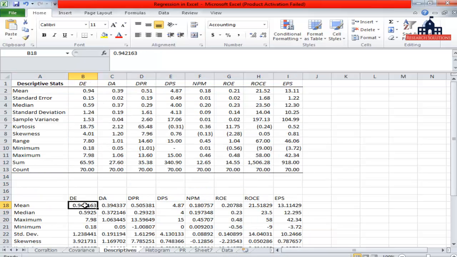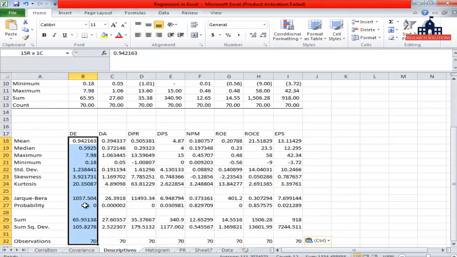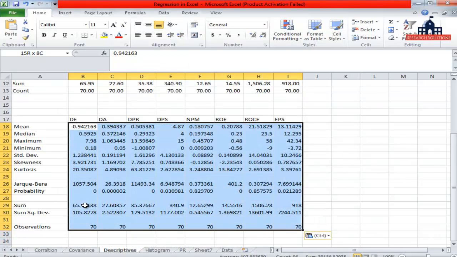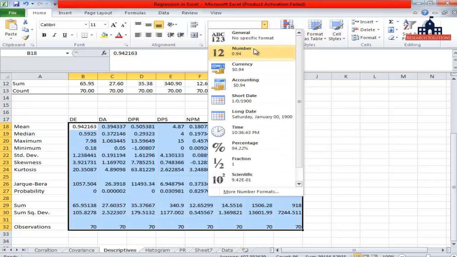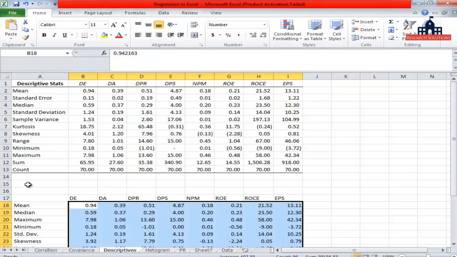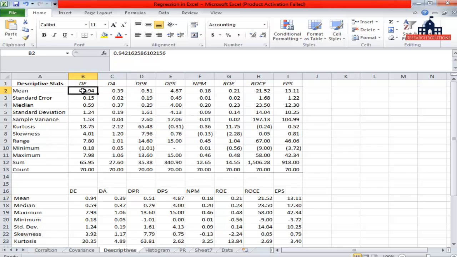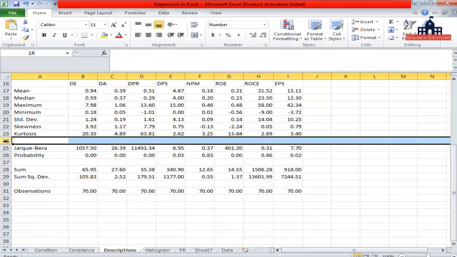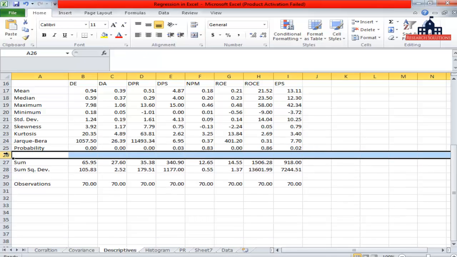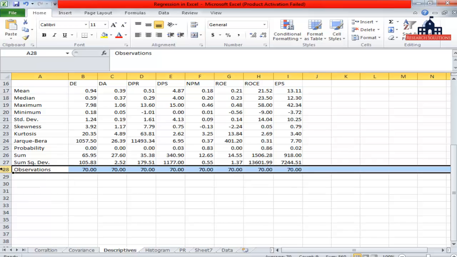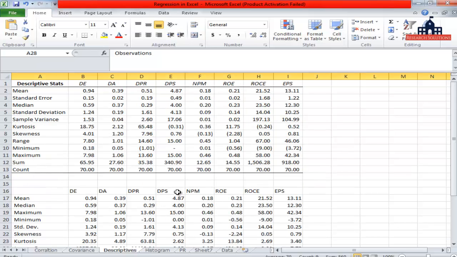The mean. Okay, let me make it smaller so that it can be understandable. Yes, just check a few of them because we don't have the time. The mean is 0.94, 0.94, maximum here in the ranges. Fine. Then I'm going to check the standard deviation for this. Both are the same. I think overall the calculated numbers are the same in EViews and Excel, but the thing is that we cannot test the assumptions in Excel. That's why we are using EViews.